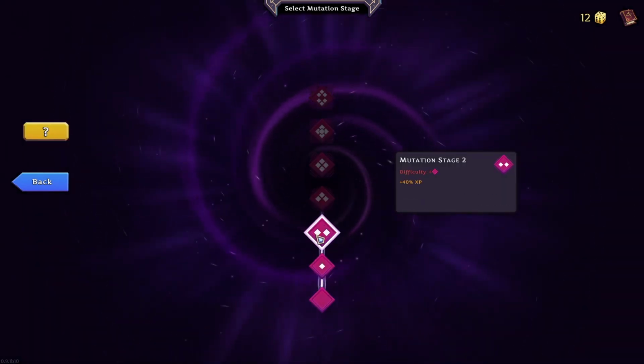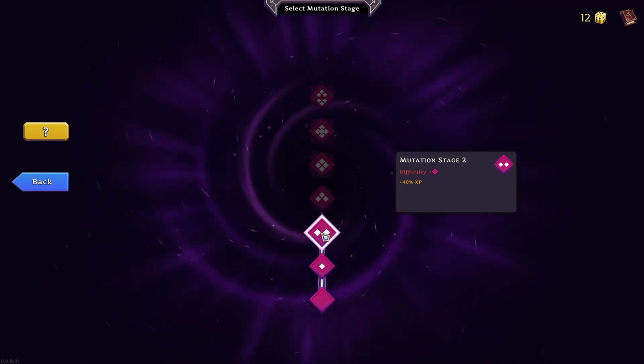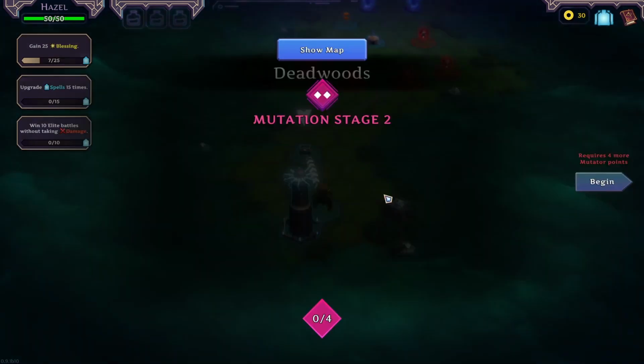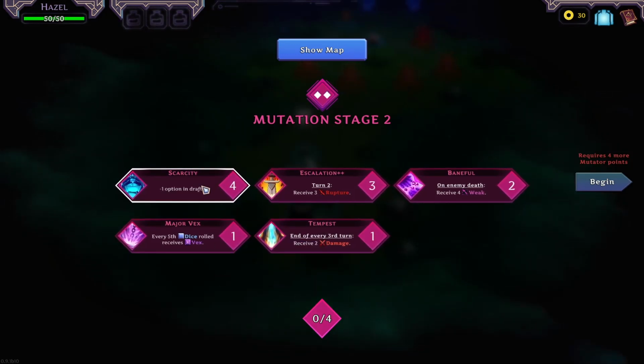As we can see, I've done all of the other ones here, climbing up through the ranks, and now we're going to try and do a 2-stage mutation. So let's see what we can do. Every third turn receive 2 damage. I got to take 4 at least. -1 option in drafts. That's actually not that bad,